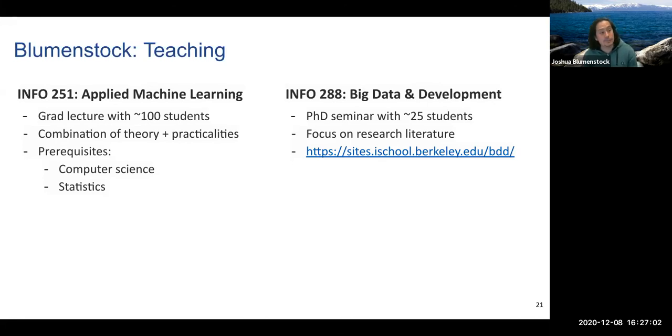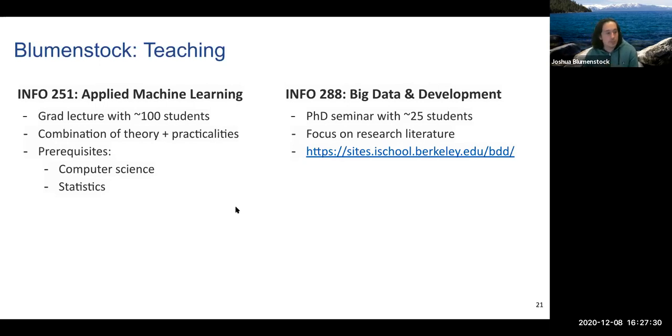And then on the left, I teach a much larger graduate class on applied machine learning. There are several different options for taking machine learning classes at Berkeley, from very theory-formal courses where you spend most of your time proving the consistency of estimators and deriving theorems to ones that entirely take canned tools like data analysis packages and apply them to data. My course is sort of in between.